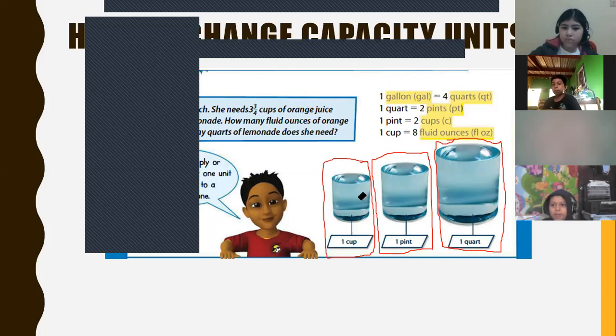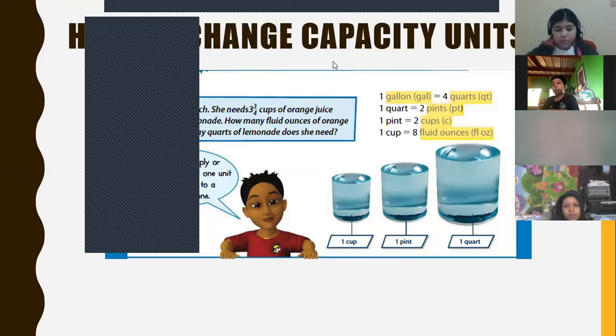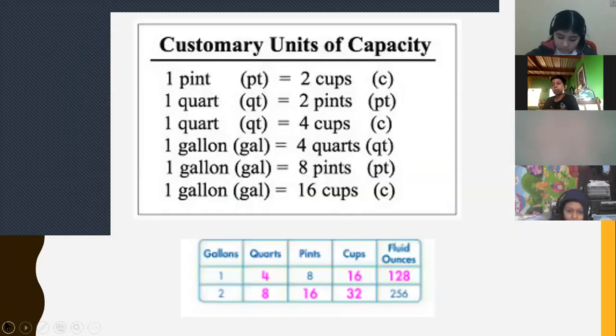So that's why I tell you, how many cups do we have in a pint? It means that with cups we're gonna fill this little glass. And when we are talking about how many pints we have in a quart, it means that we have to fill this big glass with what we have in the middle. Now, do you have a better idea about this? Yes or not? Ask right now. If you have questions, just let me know. Mister, this is the busy. Yes, so now that you have these units,